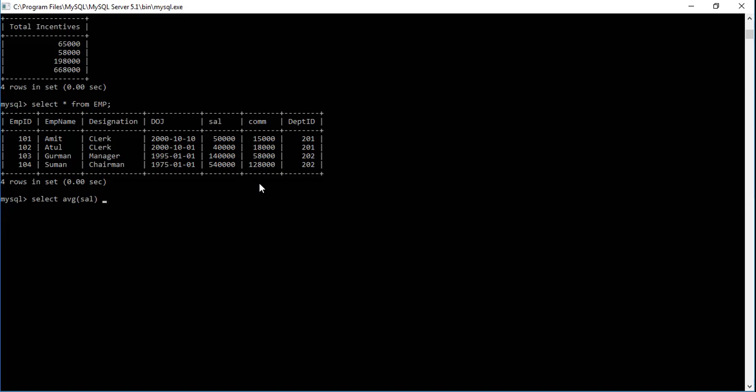So select AVG this from EMP table, group by DEPT ID. So two groups are made by department ID, and let's also display the department ID, because otherwise we will not be able to make out what is happening. So DEPT ID and average salary from EMP group by this.